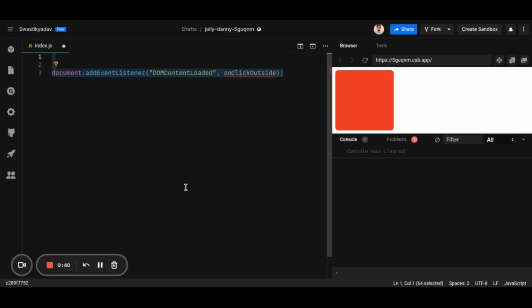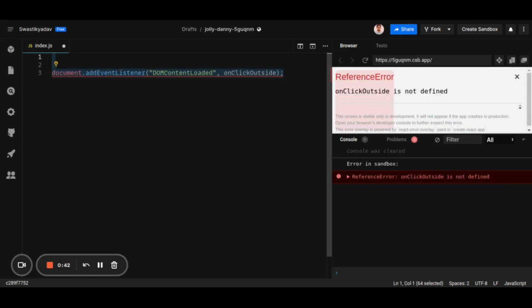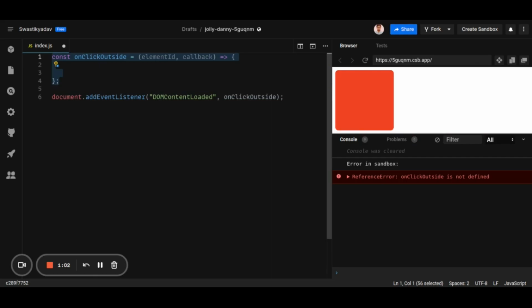First of all, we will make sure that our function or our snippet runs only when the HTML is completely mounted on the DOM. Otherwise, we won't get the instance of that element, that node, and we will see an error. Next, we have created a function onClickOutside. This function takes the ID of the element and the callback which needs to be run whenever the outside click